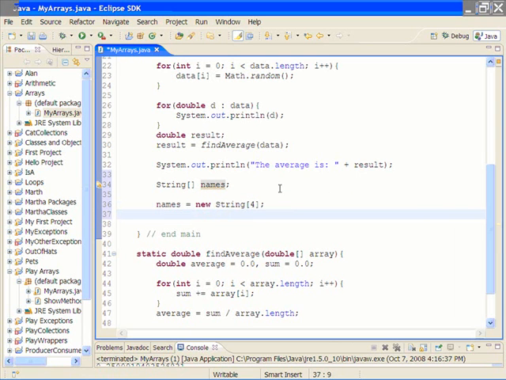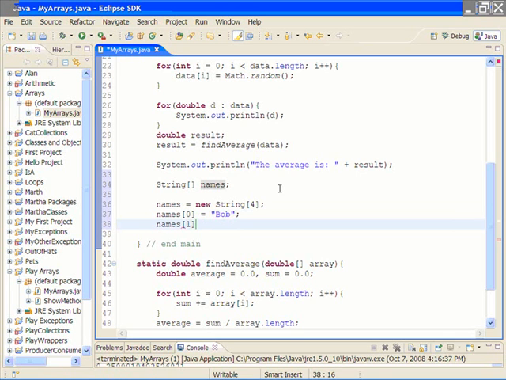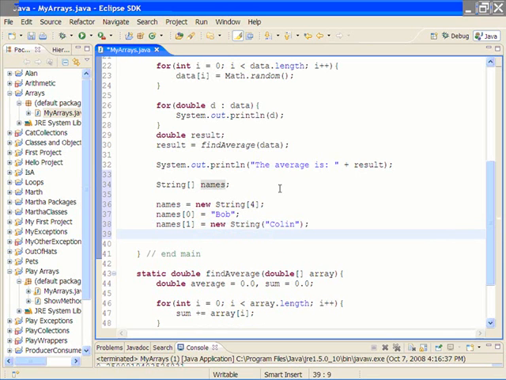Now, I don't have 4 string objects now. I have 4 references to string objects. So names sub 0 is a variable that is a reference to a string object. And I could make the string object here. Here's Bob, names sub1. Remember that the string class is the only one where you aren't required to call the constructor to make an instance of that class. You can if you want to. So here's a string object with colon in it,